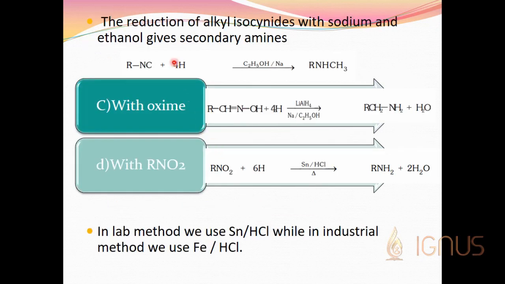Next method is from reduction of alkyl isocyanates with sodium and ethanol, which gives a secondary amine. Here they have taken isocyanate. If we treat it with sodium in ethanol, we will be getting RNHCH3. That means it is a secondary amine. Out of 4 hydrogens, add 1 hydrogen to this nitrogen and add 3 hydrogens to this carbon. You will be getting